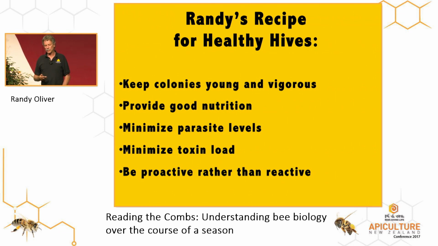Our business, we make as much money selling nukes as we do in almond pollination. Our buyers love to get full, beautiful wall-to-wall frames of worker brood with no patches of drone brood. Well, the reason we run drone combs in every hive right now is we run one drone comb, all of our foundation gets drawn out into beautiful worker brood, and it's a more saleable product. We manage where the bees put the drone comb.